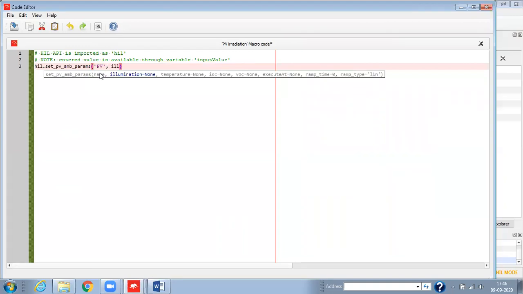So we are going to change the illumination. So for that we have to provide illumination equal to input value. Now we'll save the setting.